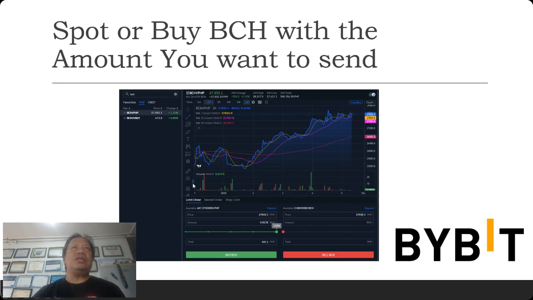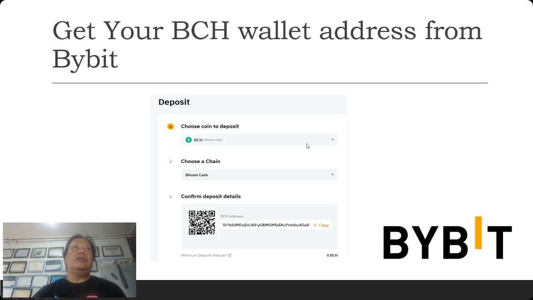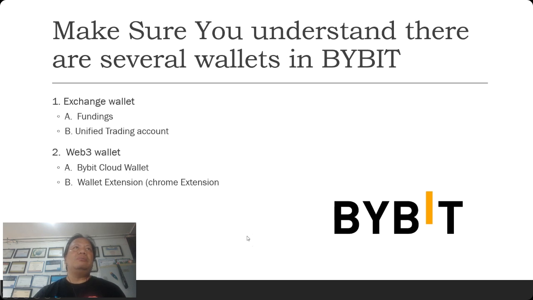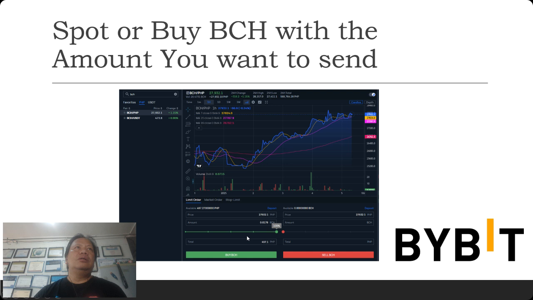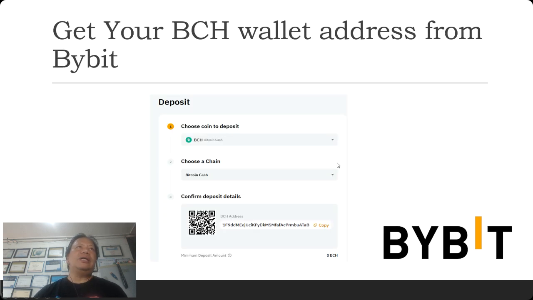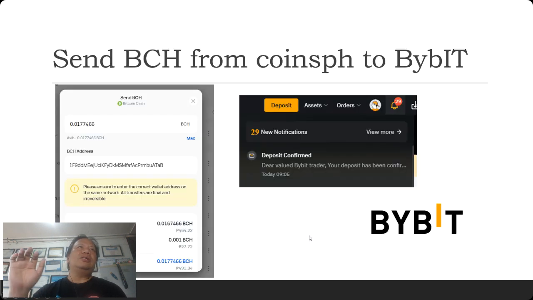So we buy BCH spot, buy 497 worth of BCH, and then you get the BCH address from your Bybit. Once you have BCH in your portfolio and coins, send it to the address, and you'll be charged 27 pesos.